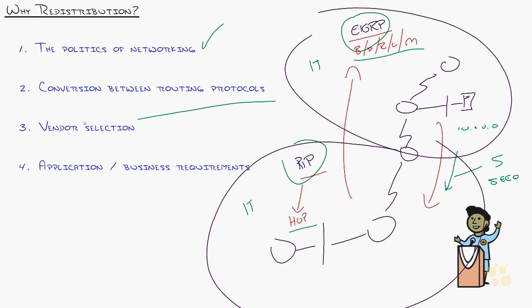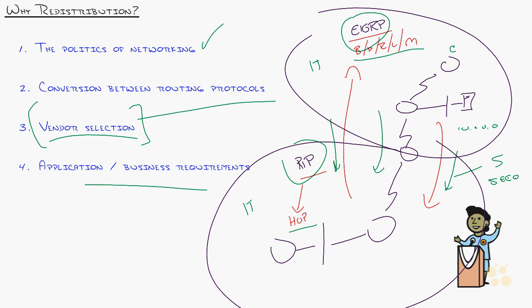Conversion, meaning maybe these guys got fired because they're like, what are you doing running RIP? And so they're all out of there, and you're in the interim between converting this, or maybe there's a merge of 2 companies together. Or maybe you've got vendor selection where you want all Cisco routers, and so you're slowly migrating away from RIP to a proprietary protocol, EIGRP, or vice versa. Maybe you're like, you know what, no more proprietary stuff, we're going to industry standard, so you've got this interim while you're slowly converting the whole network.